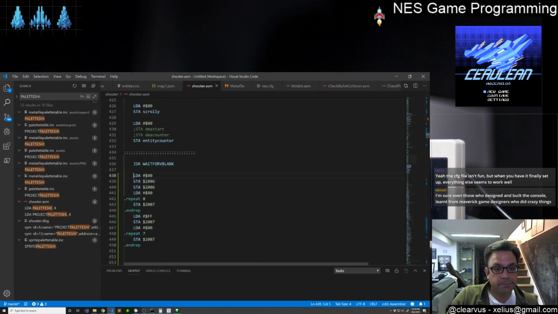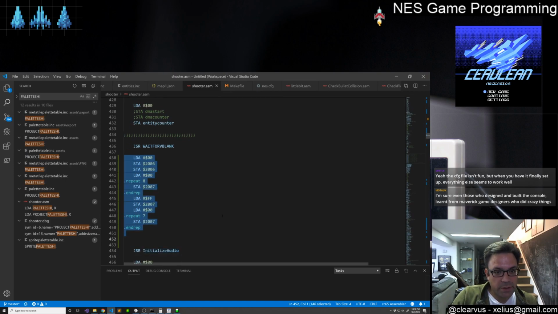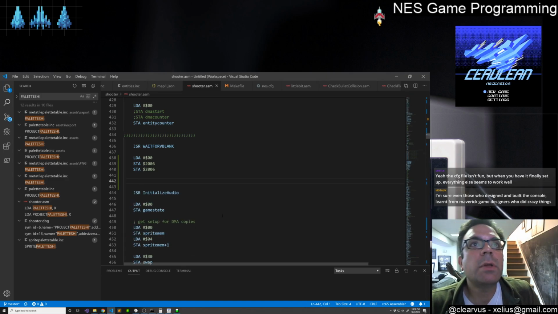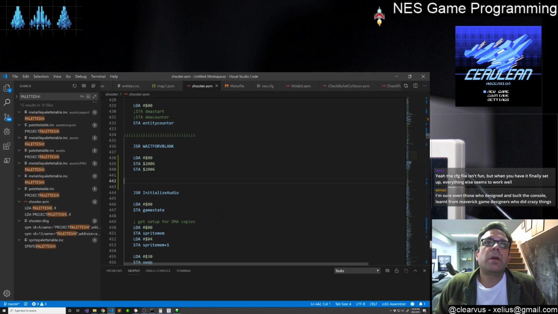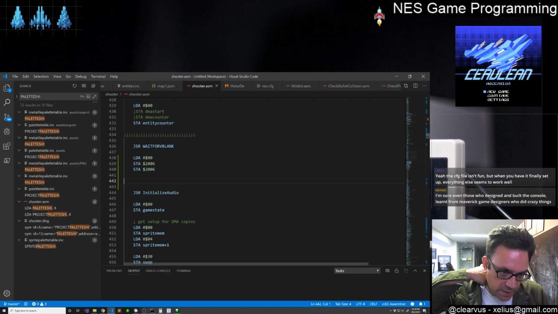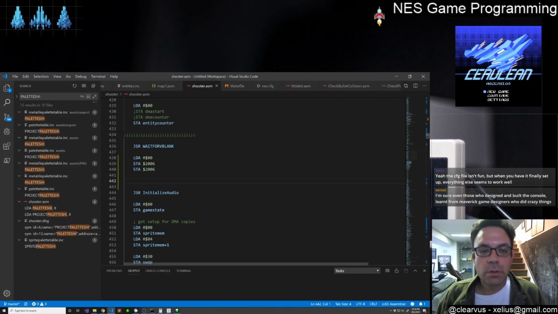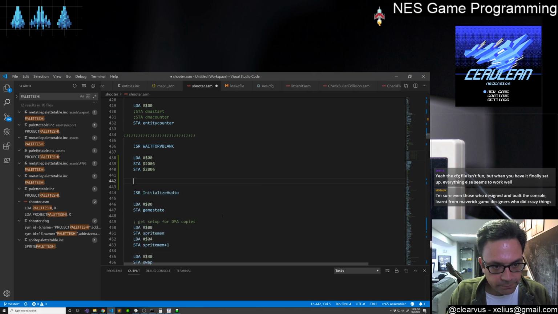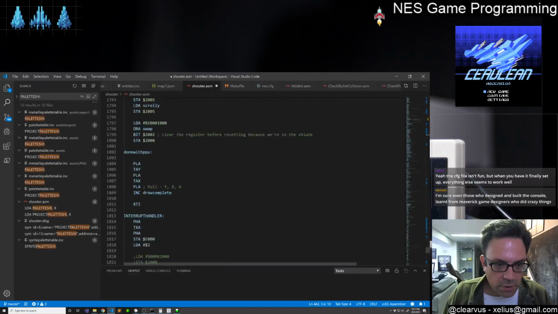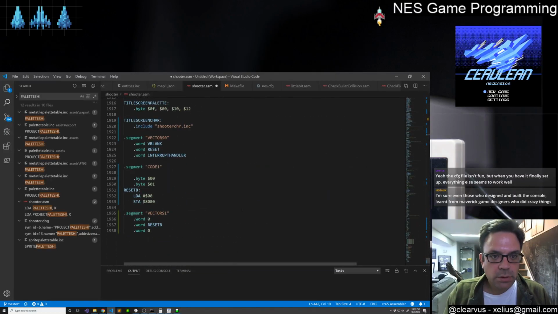So this was our sort of bogus loading code here. All right, so we need to get the address that we are reading from. Where is that? This is actually just